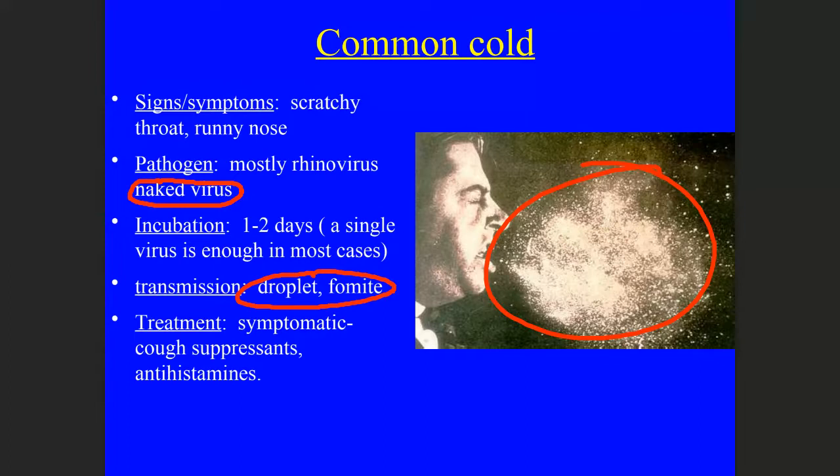We've all had the common cold, right? I mean, when you do experience the common cold, you get a scratchy throat, runny nose, that kind of thing. You rarely get a fever as an adult, although some kids that get the common cold can get a fever. And there is no cure for the common cold. There's no vaccine for the common cold. The only thing you can do when you do get the cold is to alleviate the symptoms with cough suppressants and antihistamines, and that's pretty much it.